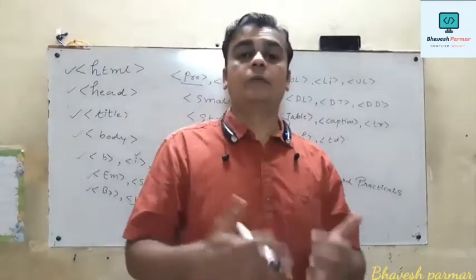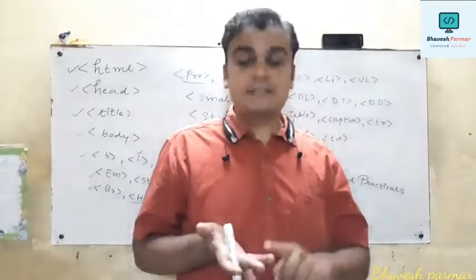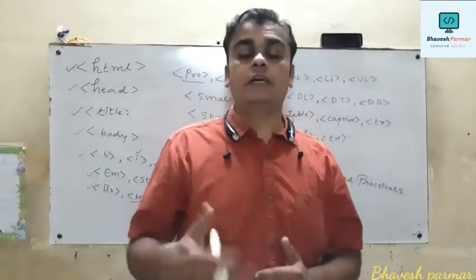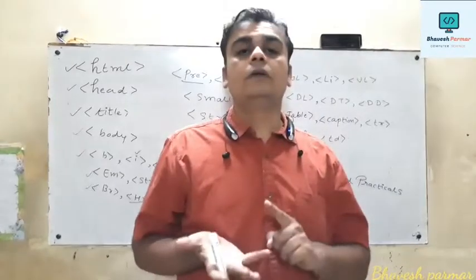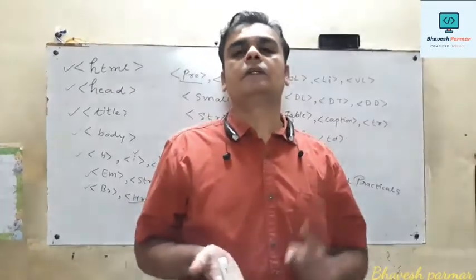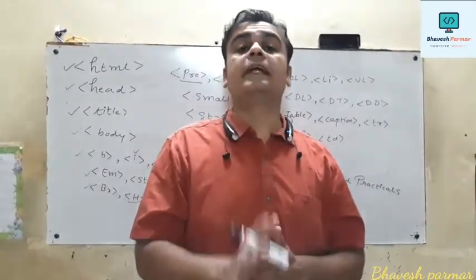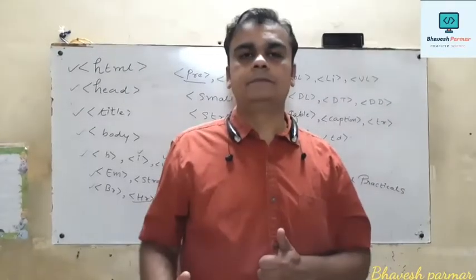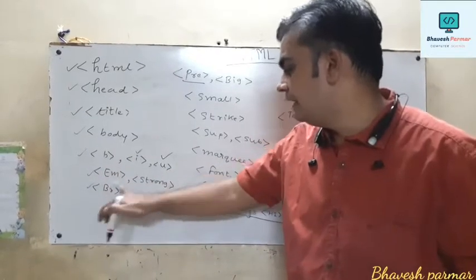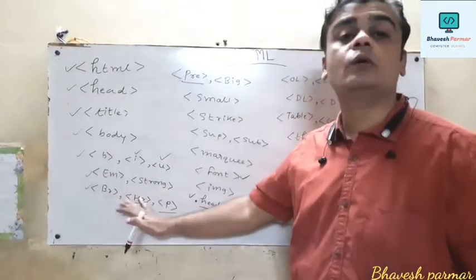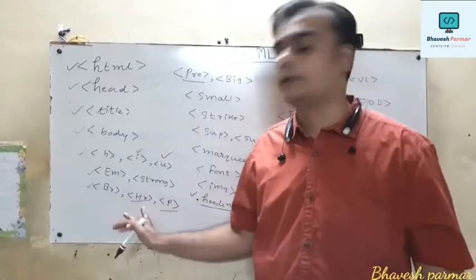Again, there are so many attributes related to the font tag: face, size, and color. We can use these attributes to display various font sizes and various colors in this way. So we can use the font tag. And one more thing, the font tag is also a paired tag. Generally we have seen the BR tag and HR tag. These are singular tags, which means we do not use /BR or /HR in the program.